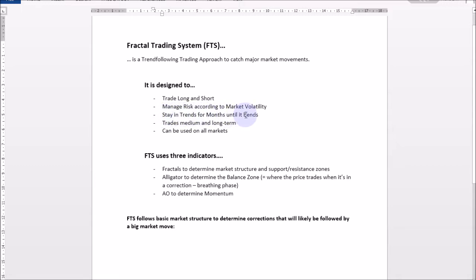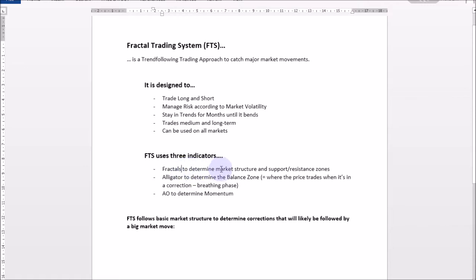We do not want to trade for 2 or 3 days. Ideally, we stay in a trend between 6 to 12 months because that's how long the big moves take in today's markets. We therefore trade medium and long term, and we can use this trading system on all markets. It doesn't matter if you trade commodities, stocks, or forex, you can use this on any asset class. Three indicators are used for the fractal trading system, and first of all, these are the fractals